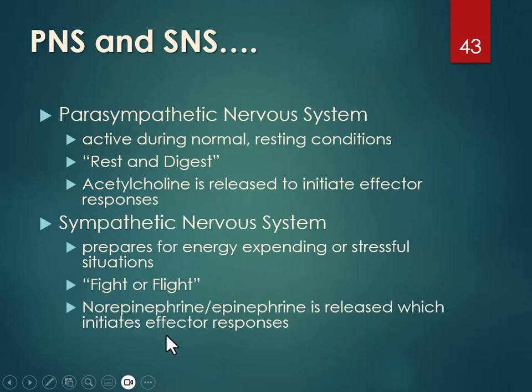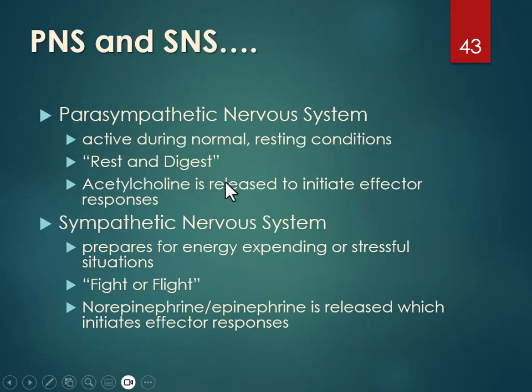The neurotransmitter released is norepinephrine or epinephrine, depending on what you want to call it, and it makes your heartbeat faster and your eyes dilate and your breathing rate increases, and it slows down digestion and kidney filtration because more blood is going to be sent to your arms and legs so you can run or fight or deal with whatever the stressor is. And hopefully this is just a few minutes, because in general the parasympathetic nervous system is